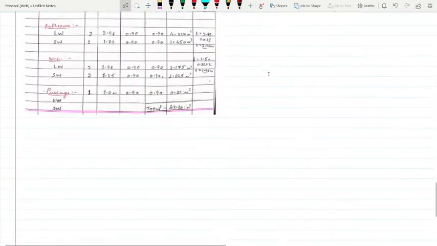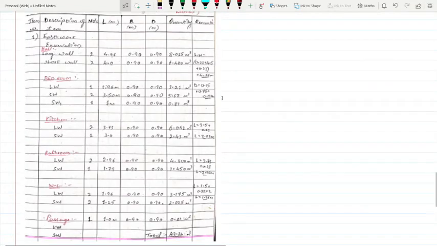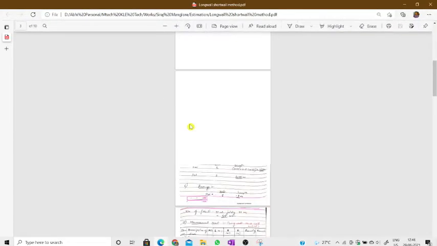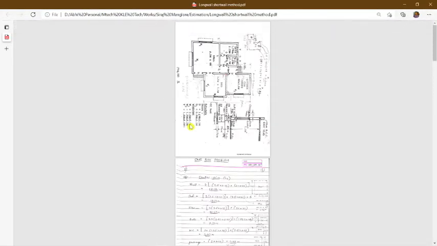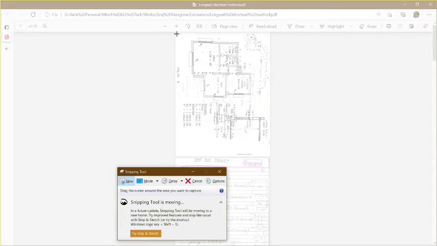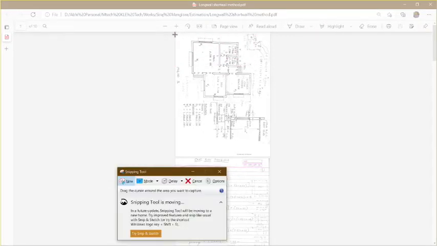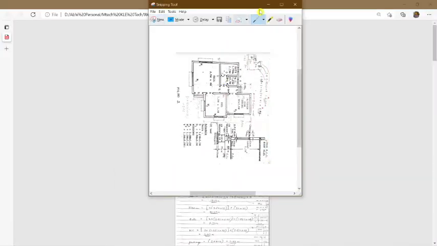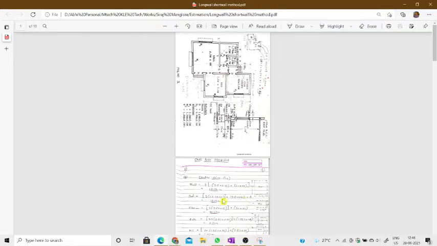At least you understood this. This is the first thing you have to do for any given plan, whatever it may be, 2 BHK, 3 BHK, or anything. But comparatively, I feel even long wall, short wall is the easiest. In the center line method, you may have a little chance of making some mistakes.